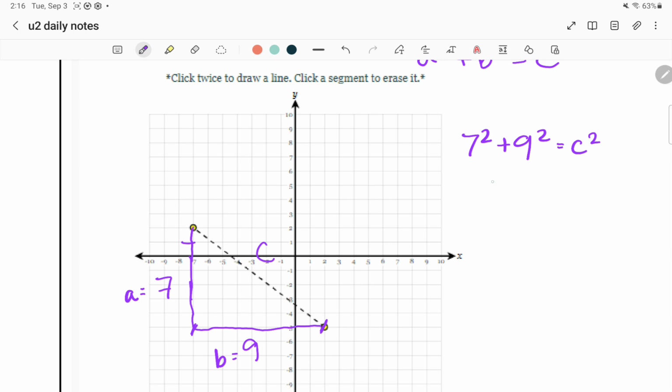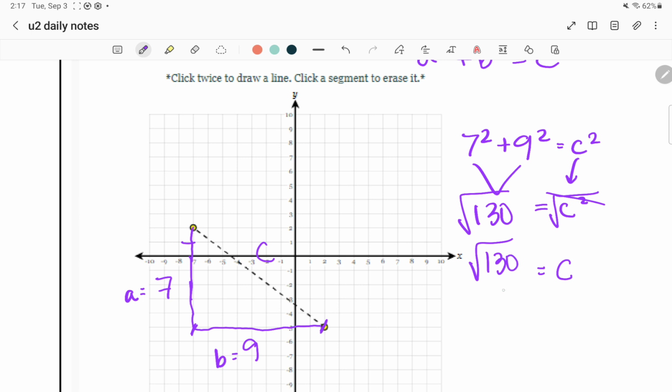So 7 squared plus 9 squared, if I plug that into my calculator, is 130. Okay, 130 equals c squared because I haven't done anything with this yet. I need the c squared to just be a c. How we do this is we cancel out the squared by doing a square root. Okay, square root and squared cancel each other out. So I'm left with just c all by itself, which is awesome. And I'm left with square root of 130, which if we put that into our calculator, that is the same as